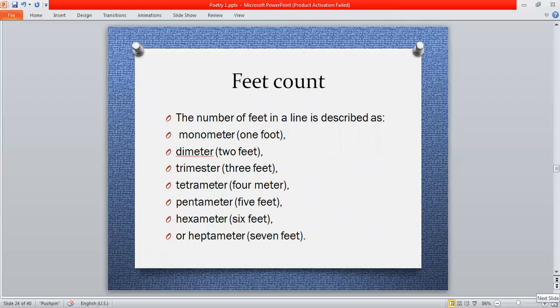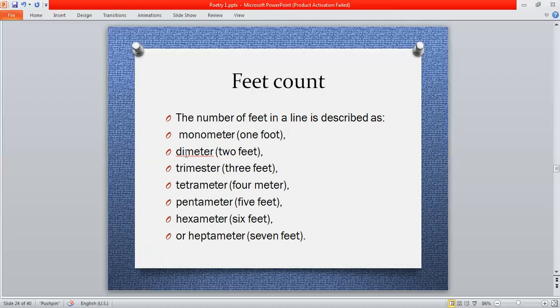If the line of verse or line of poetry consists of one foot, then it is called monometer. Mono comes from one, one meter, monometer, أحادي التفعيلة. If the line of verse consists of 2 feet, تفعيلتين, it's called dimeter because in Latin the prefix